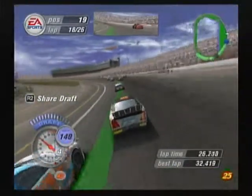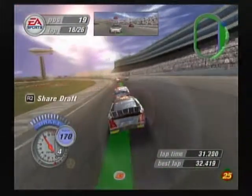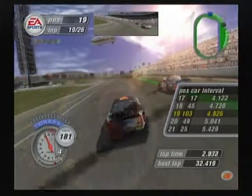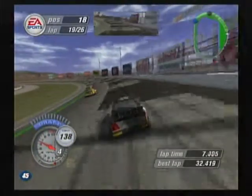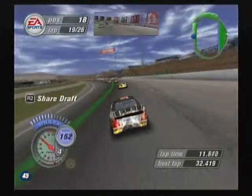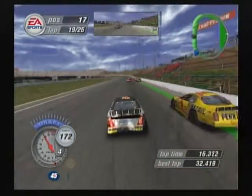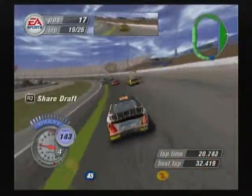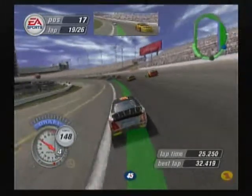Don't be afraid if you feel yourself starting to slip going into the corner to hit the brake just real quick and save it. It'll keep you from getting too loose and spinning out. Number 45 up high. The 45 car is coming high. And it's better to do that and lose a spot or two than just spin out and wreck or have someone else hit you. Okay, we're clear. Not that after these 2 races I should really be talking about hitting things, but